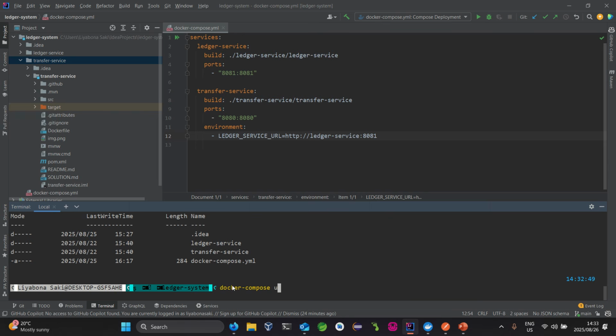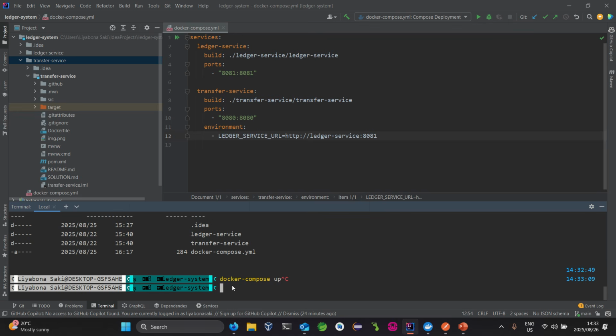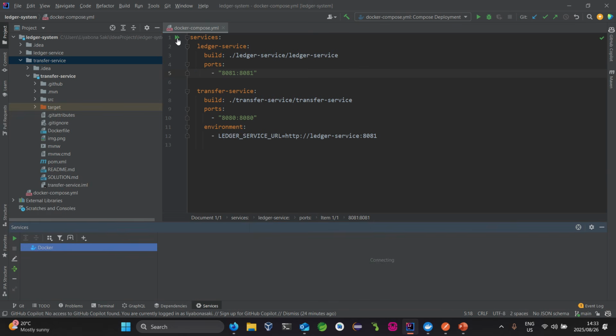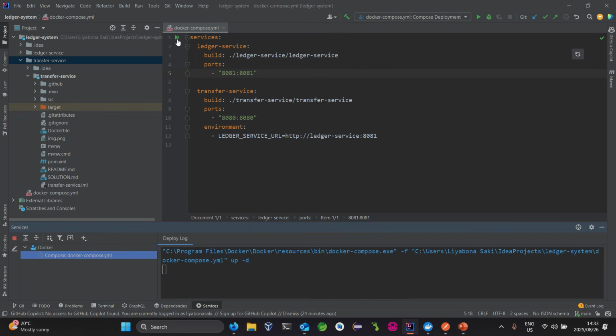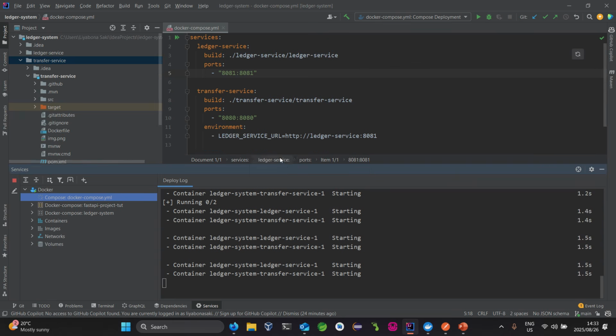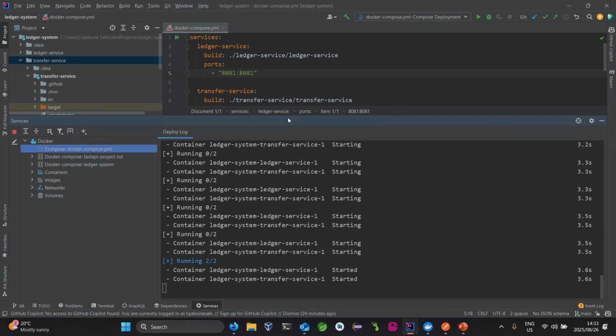of course, but in my case I like to just simply use the IntelliJ interface. It makes it easier even for referencing. So of course, as you can see, even just by hovering over, it shows you the command that it will execute, which is the docker compose up. Okay, so now if we click this to execute this Docker Compose, let's wait now, folks. These steps usually take a bit of time, but of course,